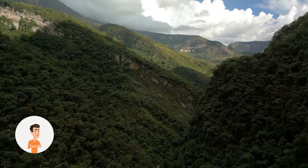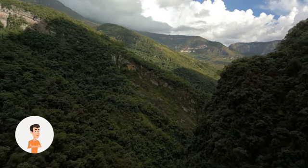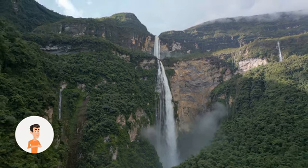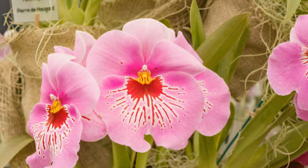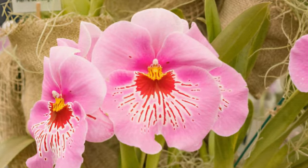However, the ancestors of Miltoniopsis originate from the Andes Mountains, primarily in Colombia and Ecuador. These regions range from 4,900 to 9,800 feet in altitude, with cool climates, high humidity, and indirect light. That's why Miltoniopsis Wasserfall thrives best in temperatures ranging from 15 to 24 degrees Celsius and requires regular watering to